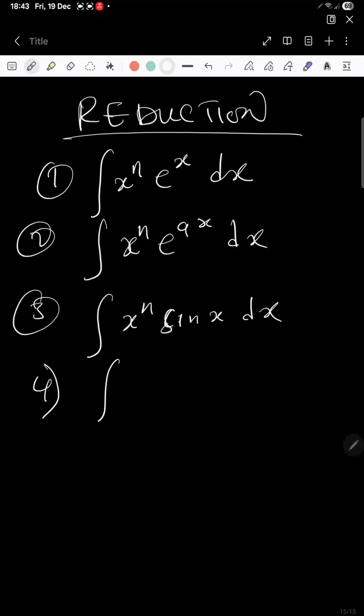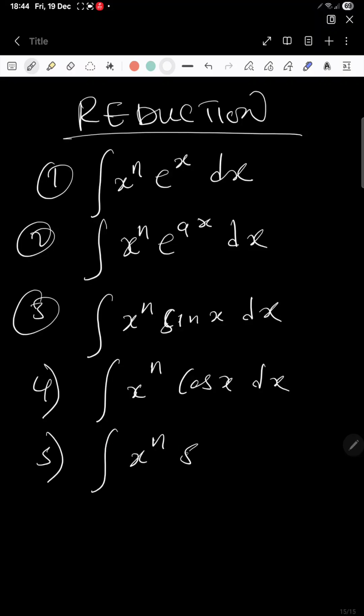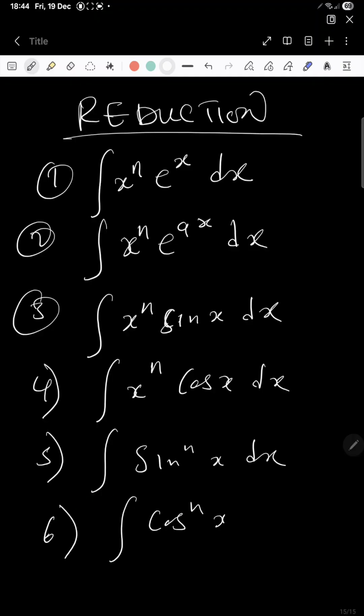Number 4, we have integral of x to the power n cos of x dx. And then number 5, we have integral of sine to the power n x dx. And then number 6, we have integral of cos to the power n x dx. So we are going to look at how to derive the formulas for reduction